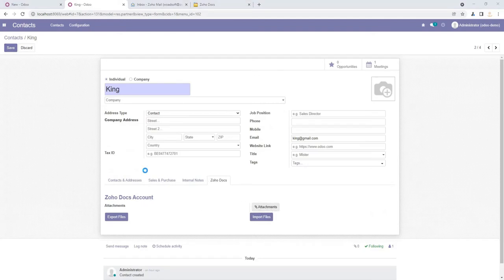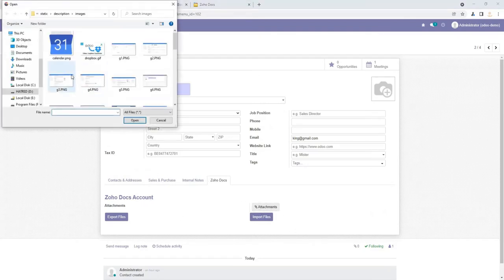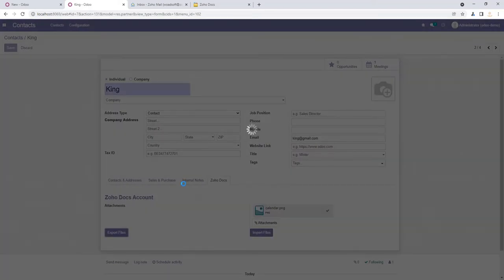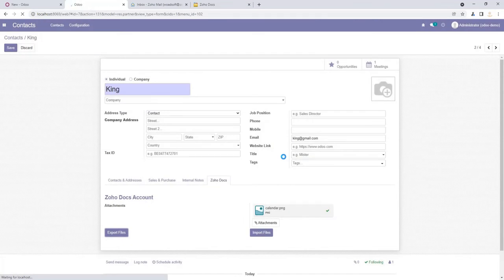Okay, so we just upload some files in Odoo. So I simply click the attachments and I select this one image, and the image is uploaded successfully in Odoo, and just simply click the export button. So it will take a few seconds, and when the process is completed, the page will be refreshed automatically.